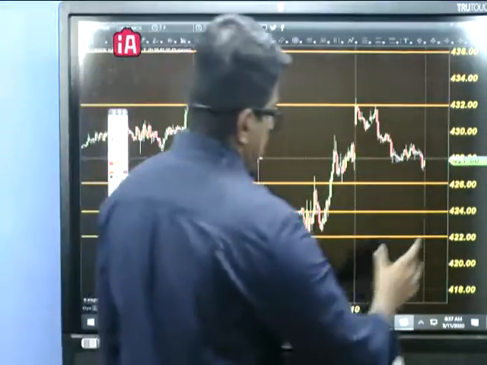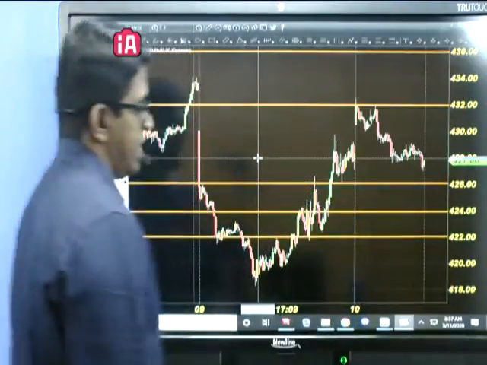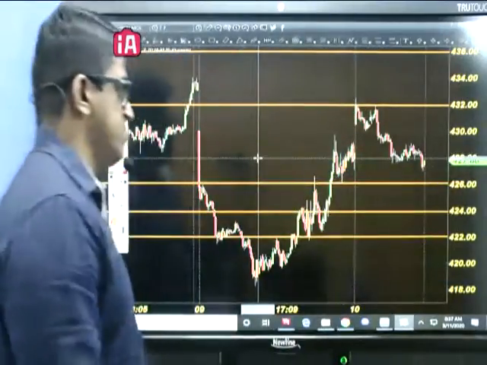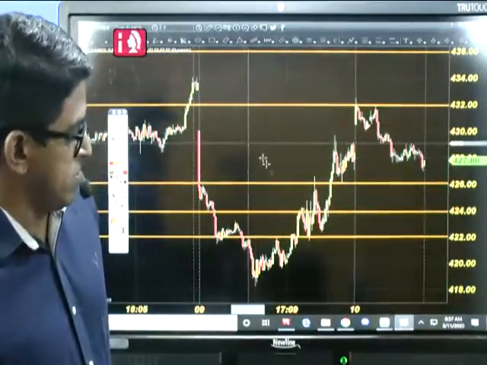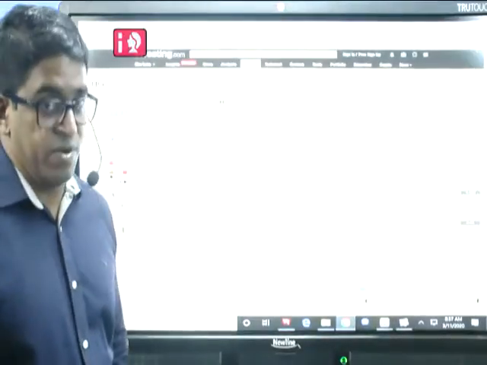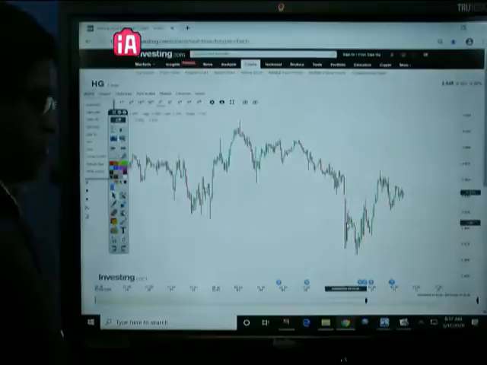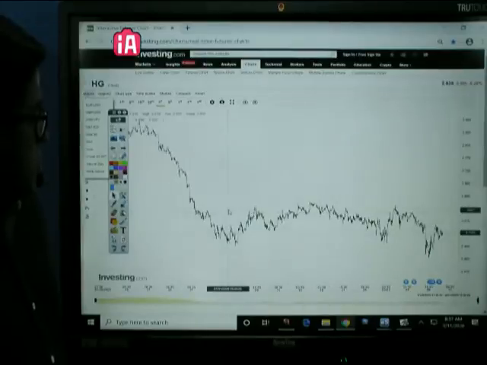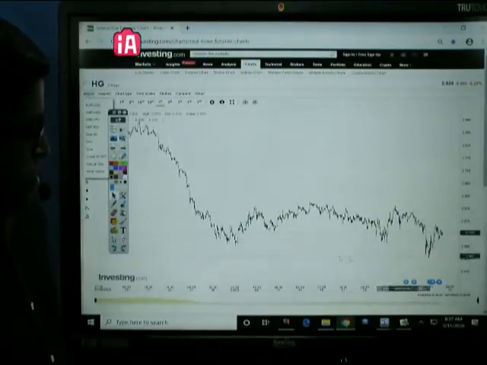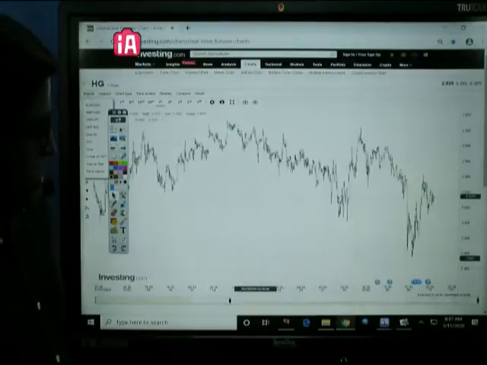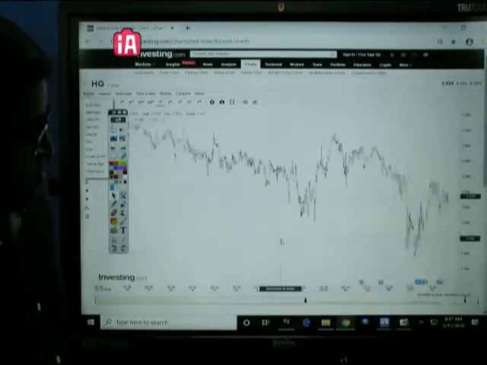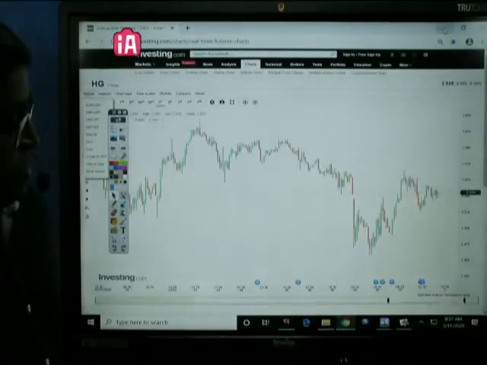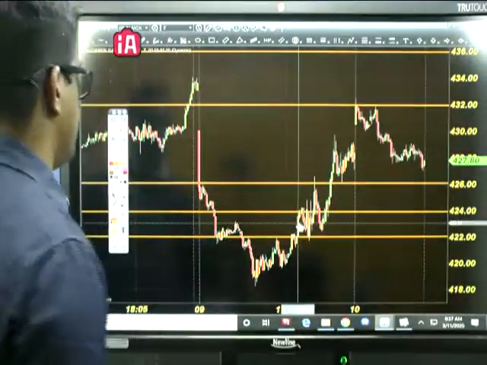So our view is within this close zone you can get something. If the price today can take some support and moves up, then it can move a little bit higher. Okay, copper is on the buying side, our expectation for copper, but be careful. It's not an easy zone. If there is going to be any failure, because you can see, I'm going to decrease this COMEX chart, continuously the copper looks like it's coming down. For the last 2-3 months entirely the trend is down. If the price can withstand 426, 422, there can be a possible buying that can happen. That's our point of view, and we are going to test it in copper for today.